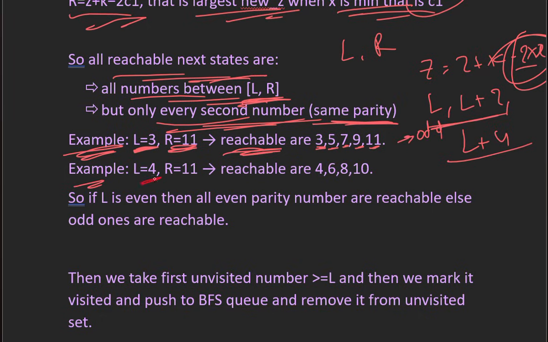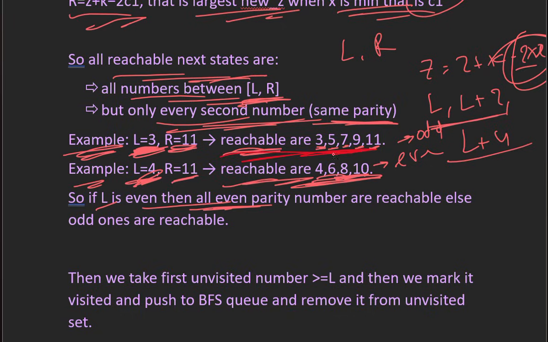And next, if L is equal to 4 and R is equal to 11, then the reachable states are 4, 6, 8 and 10. These all are even. So if you see, if L is even, then all the reachable states are also even numbers, and if L is odd, then all the reachable states are also odd numbers. That means the parity of the reachable states is equal to the parity of L, right? Parity means odd or even,